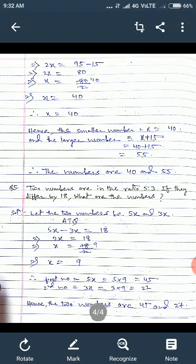Two numbers are in the ratio 5:3. If they differ by 8, what are the numbers? Try to understand the question. There are two